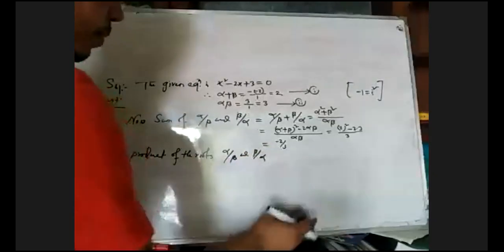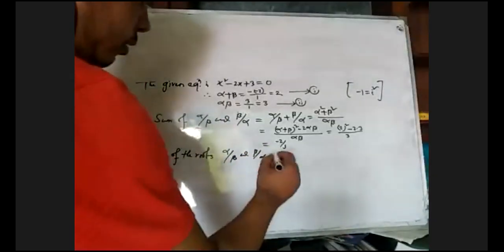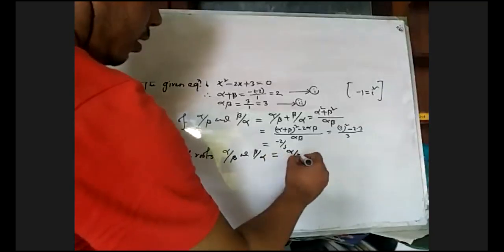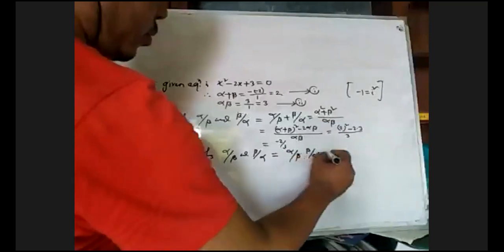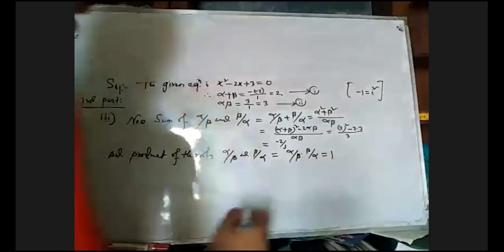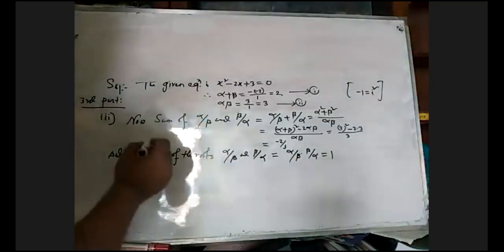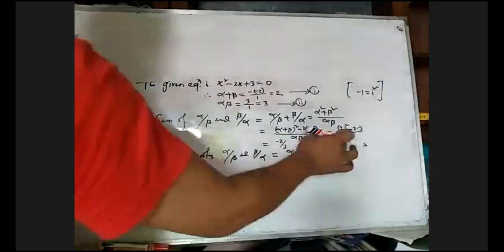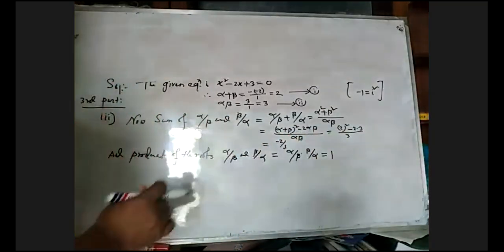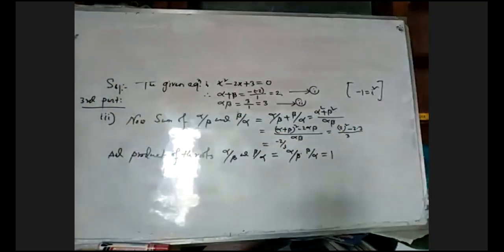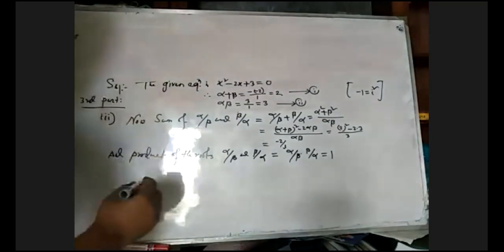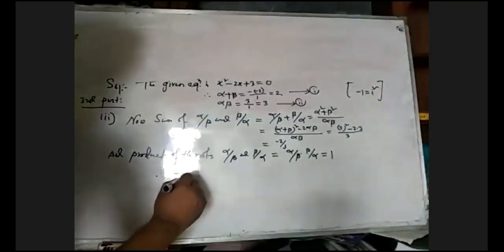What should be the alpha by beta and beta by alpha? So beta beta and alpha alpha will be cancelled, so only one we get. So the sum of the roots we get minus 2 by 3, and the product of the roots, we get immediately 1. Therefore the required quadratic equation